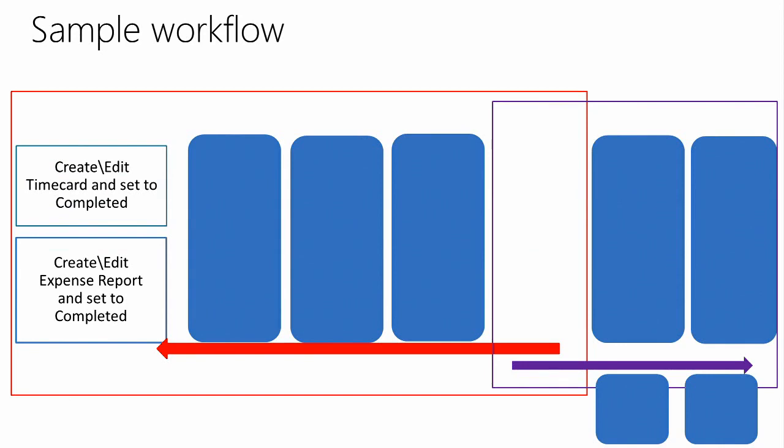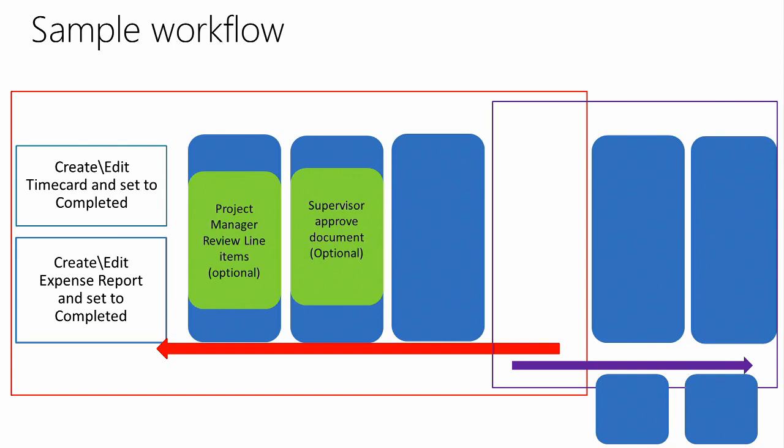So let's look at this from a graphical perspective for the workflow. On the left-hand side is creating the time card, as we mentioned, with the employee, and they set it to completed. And we have the same workflow for expense reports too, so both of these would apply to each. The project manager can review the line item. Again, that's optional, and that's on a per project basis that we define that. The supervisor approves the entire document, and then the accounting team approves it or posts it through the time review